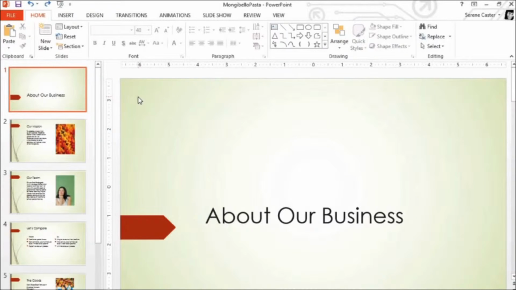Slide Master View is a special feature in PowerPoint that allows you to modify all the slides in your presentation by only making changes to one main slide, the Slide Master. This can be a great time saver because you can make changes to your entire presentation without having to edit